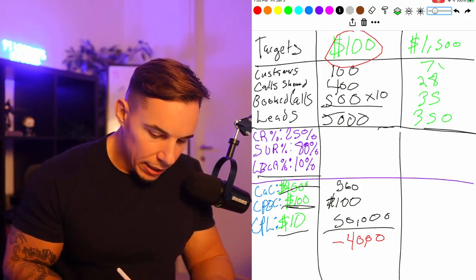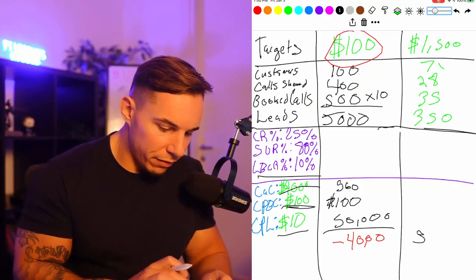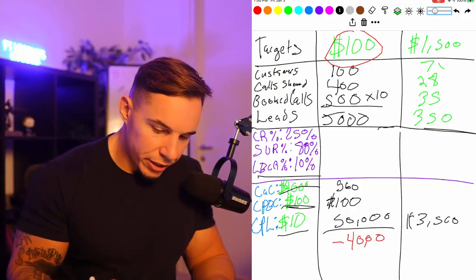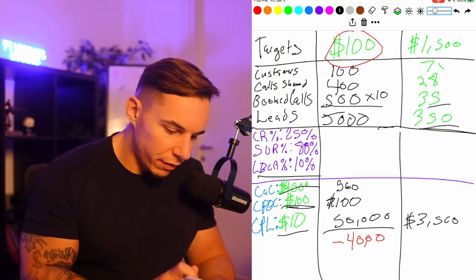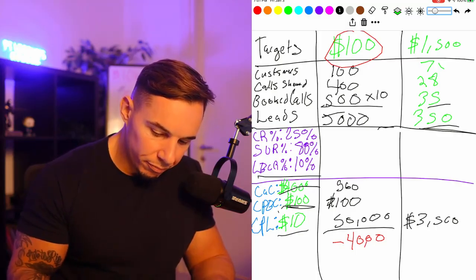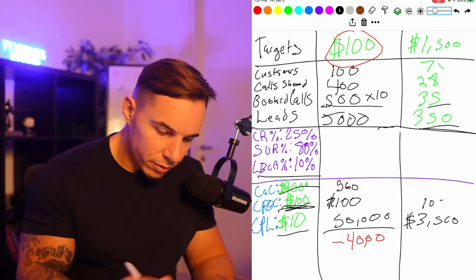Our cost per booked call: if we're spending 3,500 to get 350 leads and 35 booked calls, we just divide 3,500 by 35, which means we're within our target cost per booked call at $100,